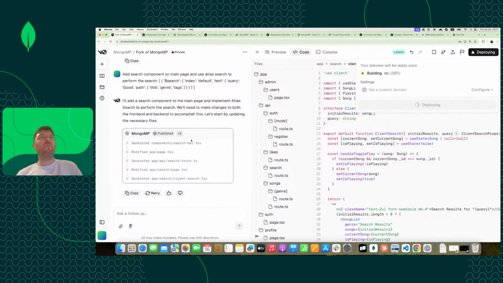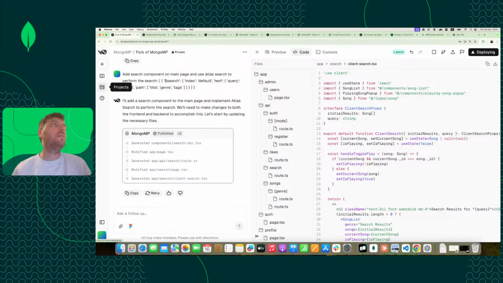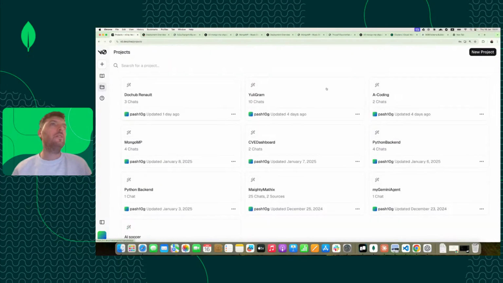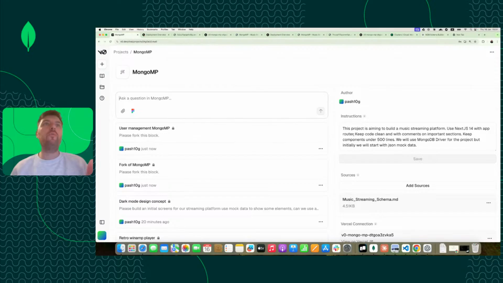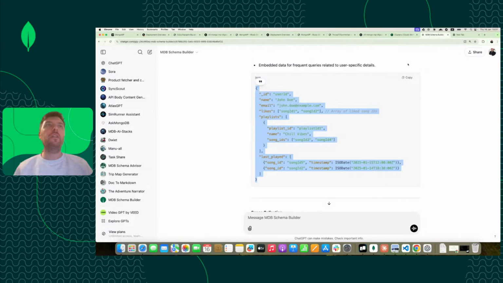Okay, so let's wrap up what we did. We actually started by defining a project in our project tab, right? We gave it the instructions. We try to keep our code as minimal as possible. We uploaded this MD file, which we generated from our MongoDB schema builder, which is a GPT